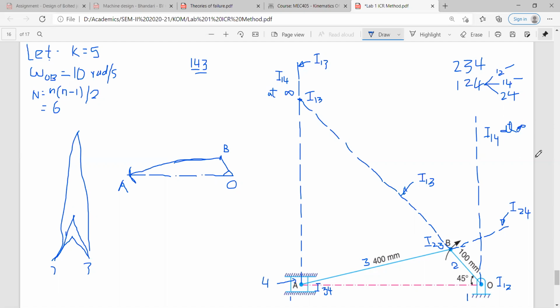Okay. Got this concept? Yes or no? Why we drew it parallel? Because this line is coming from infinity. ये line जो है वो infinity से आ रहा है from the same point I14. So they will appear parallel. They will appear parallel. And what we are doing, we are joining this